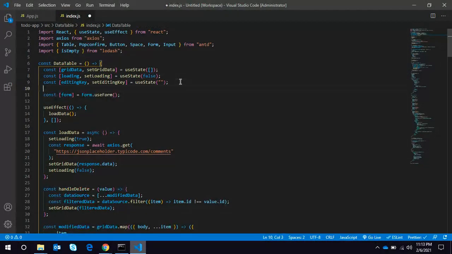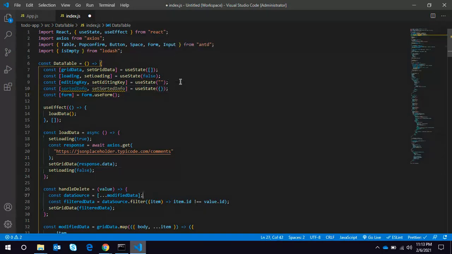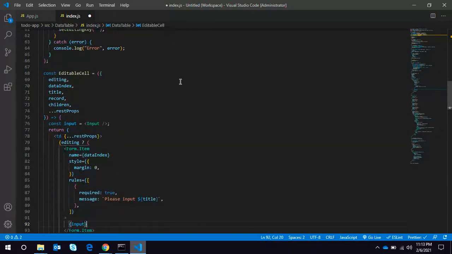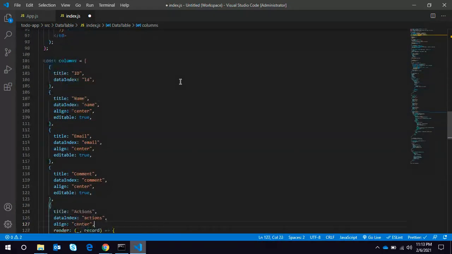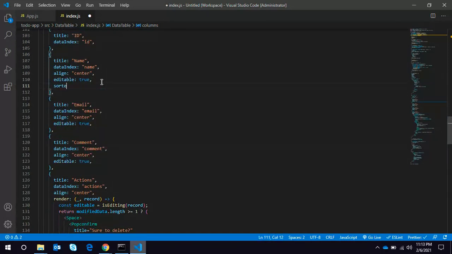So first we need one state. It will be an object, and in the column we have to provide a property called sorter.